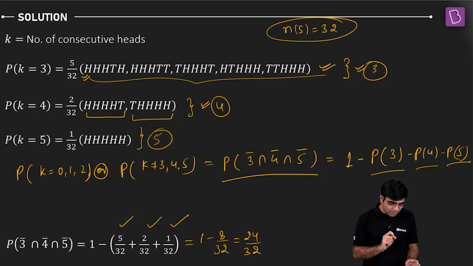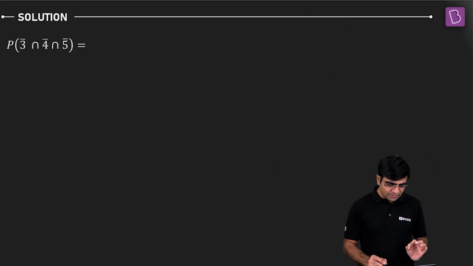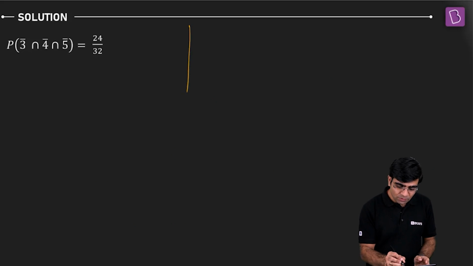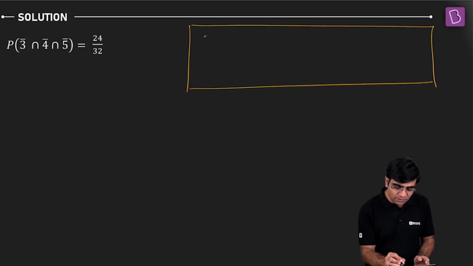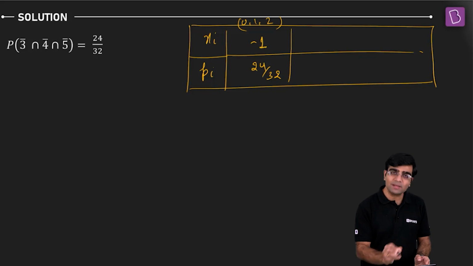So we got this probability of neither 3 nor 4 nor 5 consecutive hits for all the other cases, for which the value associated was -1. Okay. Now let's start with this. The probability, as I said, was nothing but 24 by 32, which we have already calculated. Let me draw the table quickly. Here is the value associated with that xi, and then I'll be writing the pi with it. I'll be making the first case where I have 0, 1 and 2. So either we have 0 heads, 1 head or 2 heads. For that the value associated was -1, and the probability turned out to be 24 by 32, which we just calculated.